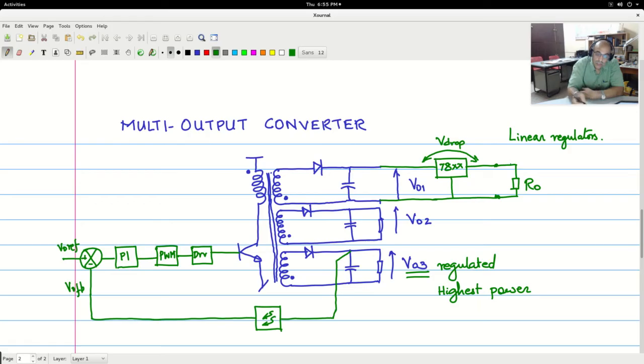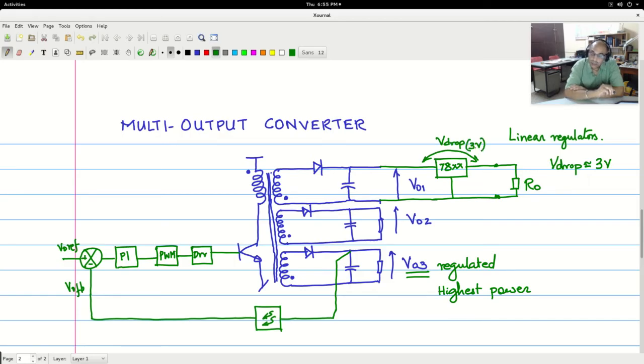Now the V drop has to be compensated by this DC-DC converter output, and therefore the windings of that particular supply should be enhanced to take care of this V drop. So in the low drop regulator, this V drop value is very small. Typically V drop is of the order of 3 volts. In most of the normal regulators, a minimum of 3 volts has to drop across